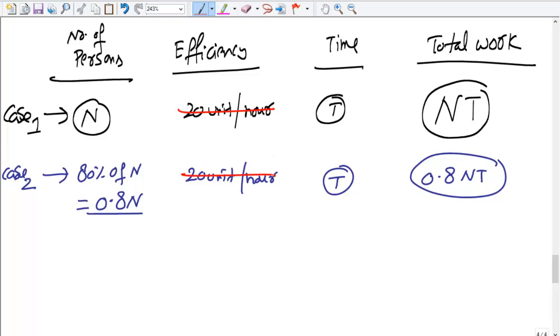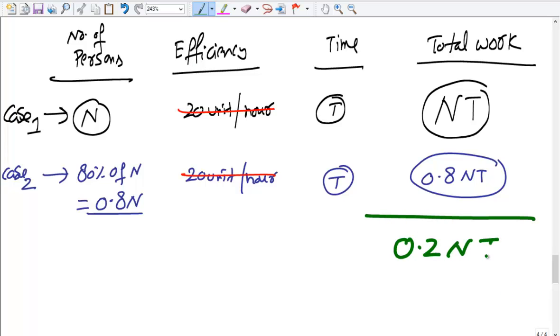Why it is the same is because t is to finish the remaining 80% of the work actually. With the capacity, with the 80% of the staff available, we finish the remaining work in the same time, that is t hours. What we can infer from this one, not guess actually, is what this gap is,